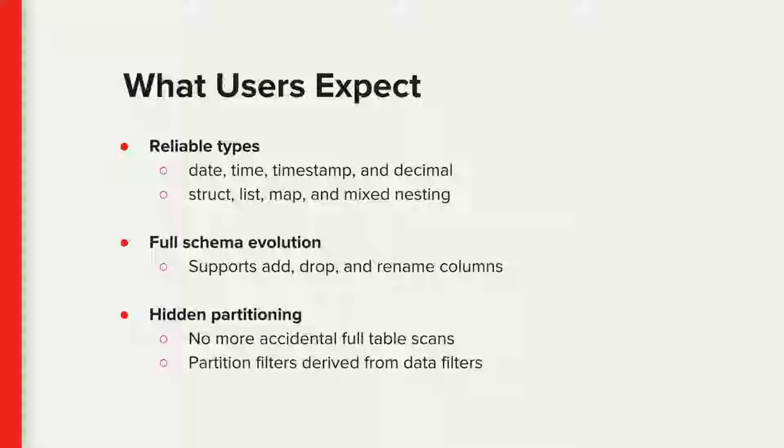So what we want to do is broaden, at least at Netflix, the set of users who can access our data and make it easy for them so that tables just work the way they expect. And it's pretty simple what users expect, but I just want to go through these and sort of tell you guys how it works today and how that breaks user expectations. So users expect reliable types. And that sounds really silly. Of course they expect timestamp to give them the timestamp that they expected, you know, the one that they put into the system. But it actually doesn't work that way in a